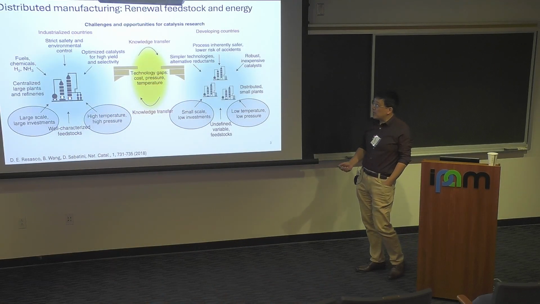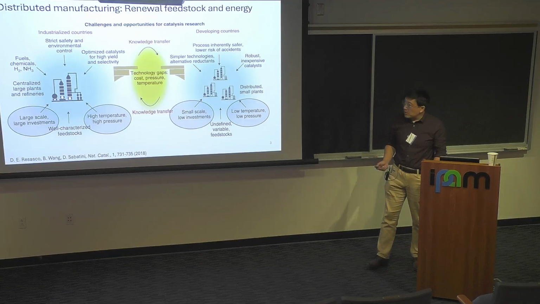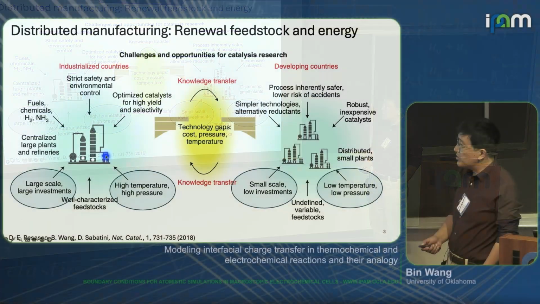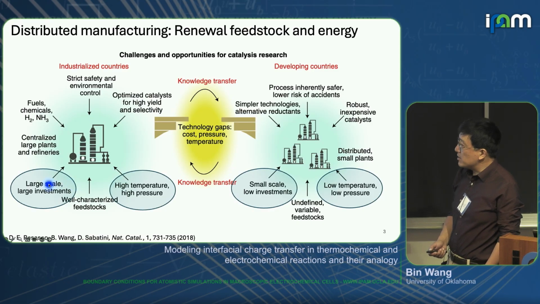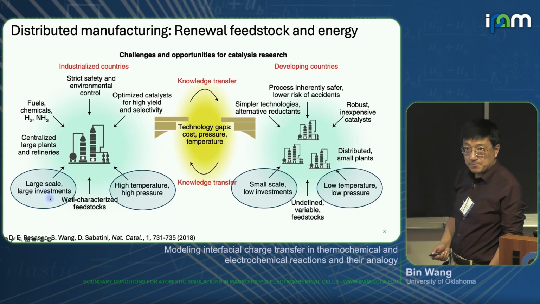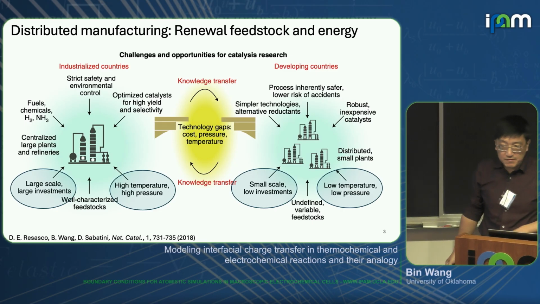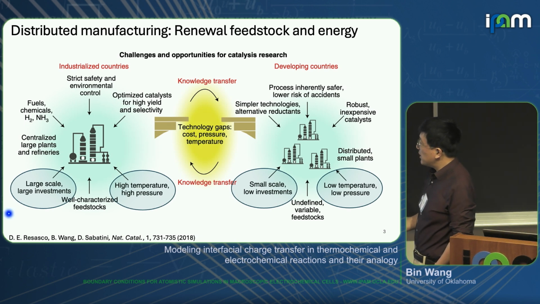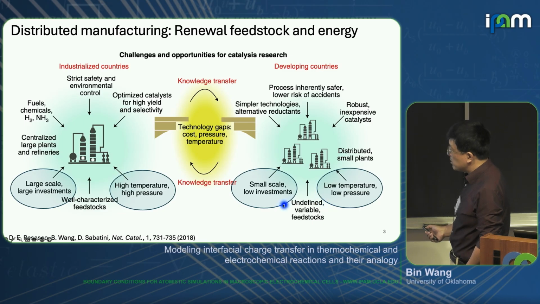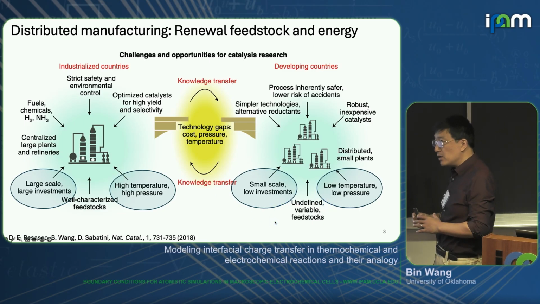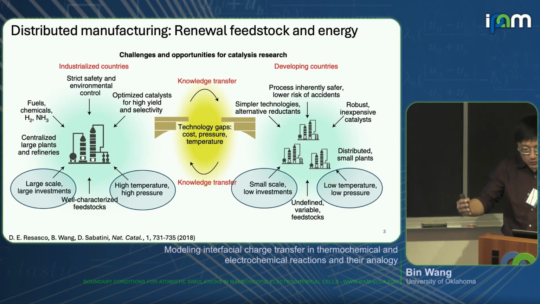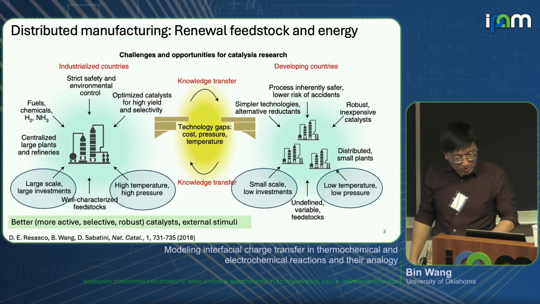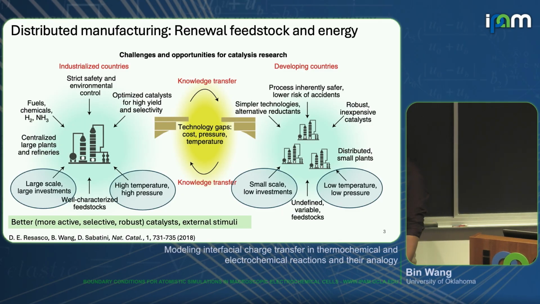The whole idea was using biomass as a distributed feedstock, because the current chemical industry is normally operated at high temperature, high pressure, in centralized plants, and that also requires large-scale operation and a large capital investment. The idea is to switch to a more distributed feedstock, which could be biomass, air or water. Now you operate a smaller scale plant at lower temperature, lower pressure, only for a local community, and with lower capital investment. To drive the reactions, of course, you need some external stimuli because you want to operate at low temperature and low pressures.